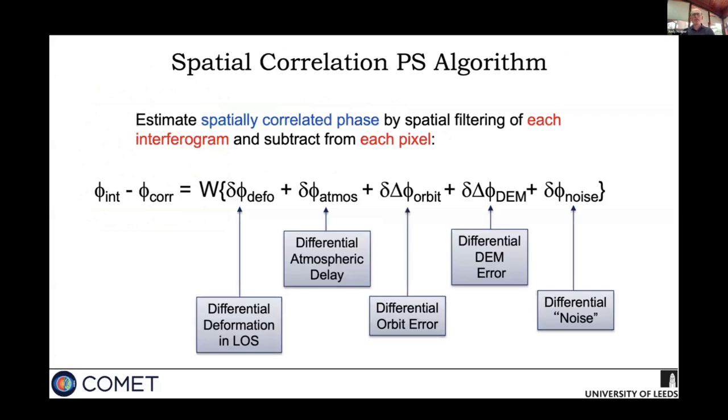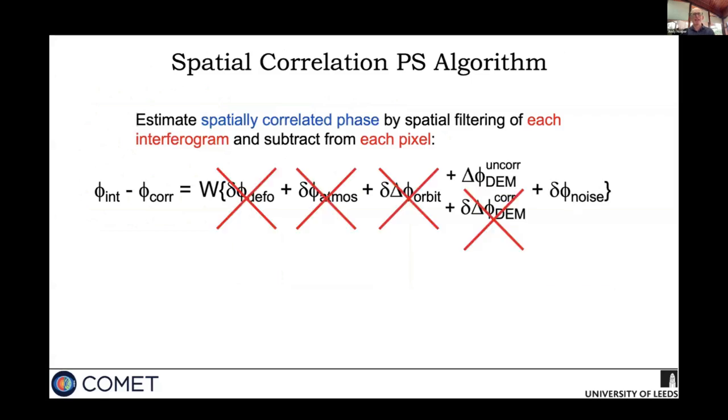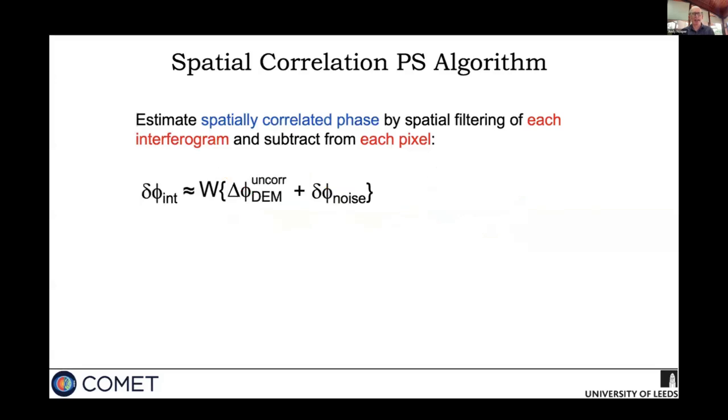So having done this, if you subtract that off your pixel of interest, then you eliminate nearly everything, hopefully. So if your deformation is correlated, your atmosphere is correlated, your orbit errors are correlated, even most of your DEM error can be correlated as well, you just more or less eliminate that, at least reduce it severely. So what you're left with is then just a residual uncorrelated DEM error that's unique to that pixel